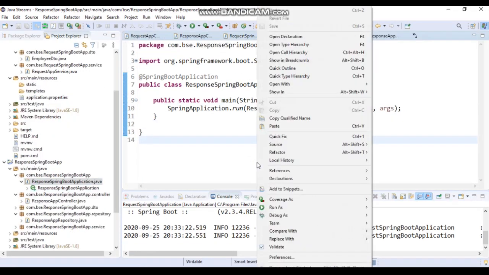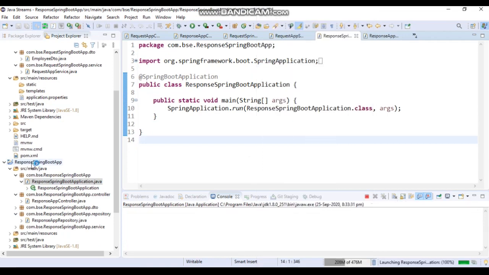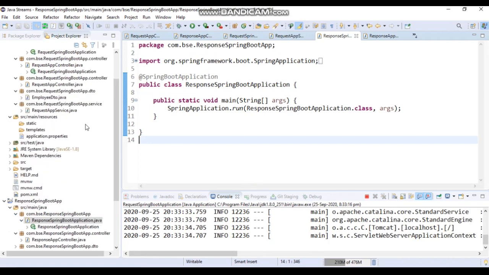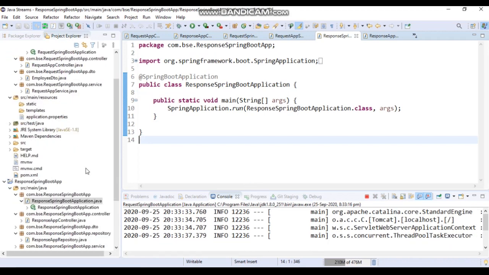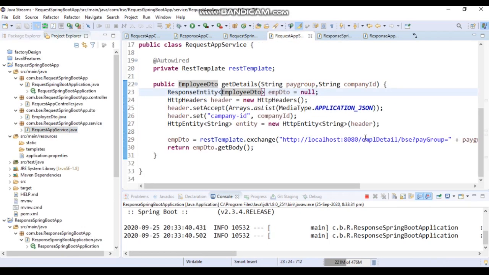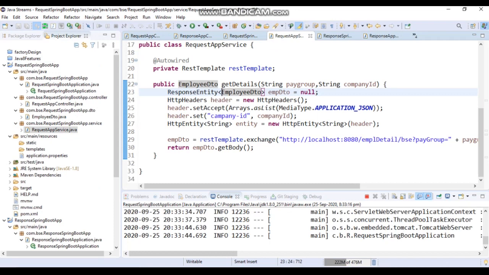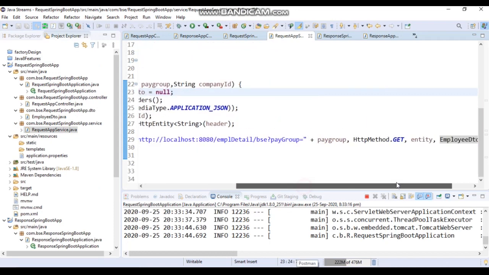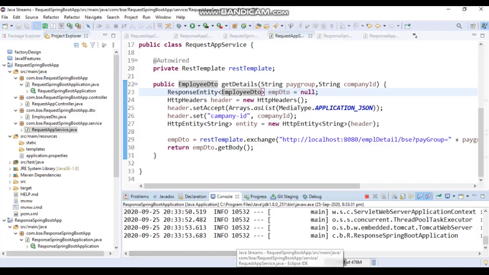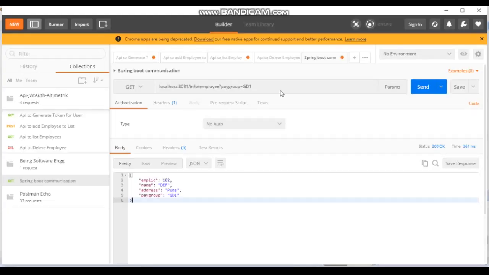The first application which I started is running on 8081, and this application is running on 8080. We'll hit 8081 and this 8081 will go to 8080, meaning this application. Let's first hit it without sending these headers. Let's see what error we get if we send it without the headers.